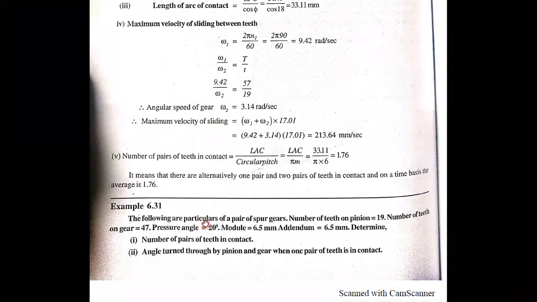The following are the particulars of a pair of spur gears. Number of teeth on the pinion is 19. Number of teeth on the gear is 47. The pressure angle is 20 degrees, the module is 6.5 mm, and the addendum is